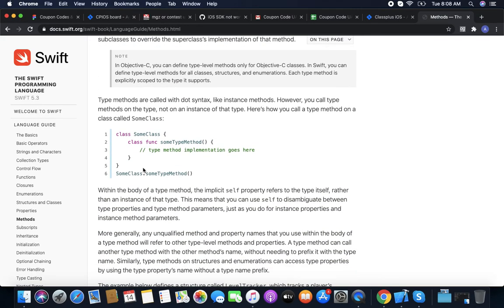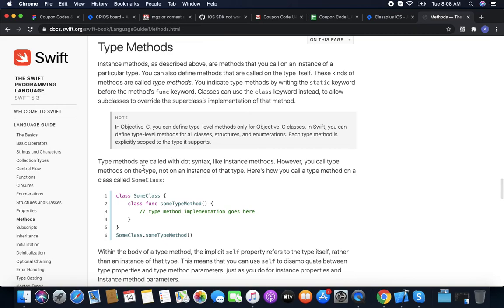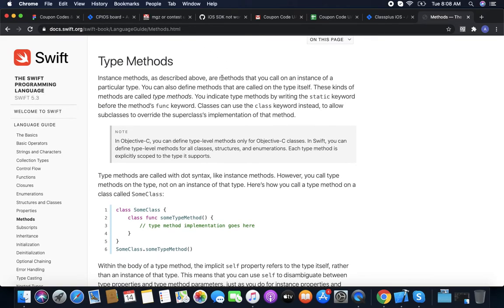Now type methods. Type methods are global methods which can be accessed anywhere with just the class name. Instance methods, as described above, are methods that you call on an instance of a particular type. Same as we have global and local variables, we have instance methods and type methods.